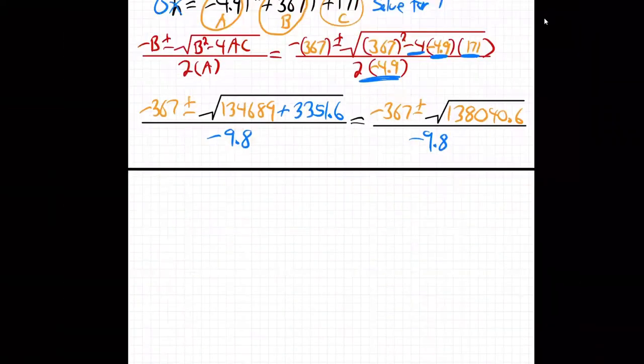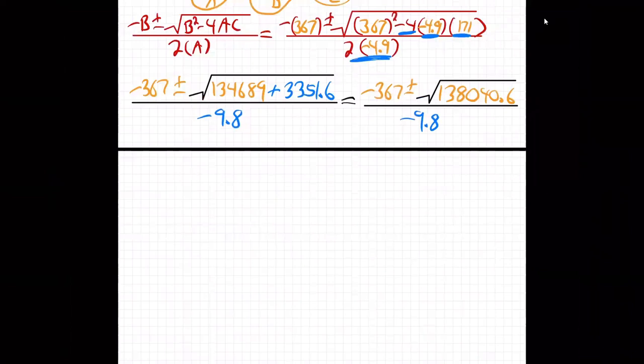Okay, so that means we need to break these into the 2 different options, right? So we have minus 367 plus the square root of that 138040.6 over minus 9.8, or the other option,